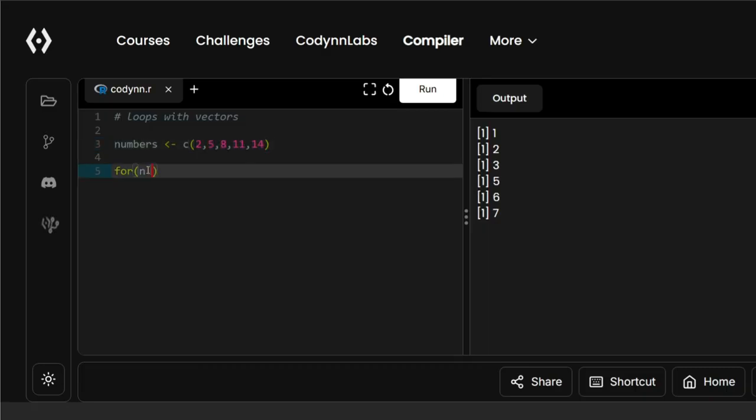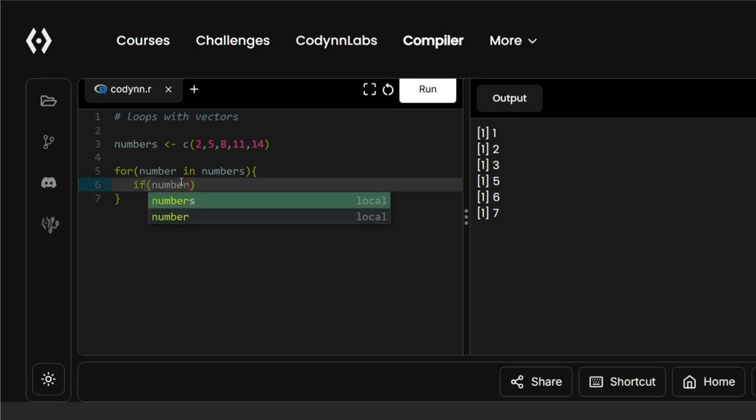So for n, or let's say to make it easier, for value in numbers, so an individual number inside of the vector, we will output a different output depending upon the value of each number. So if our number is greater than 10, we will